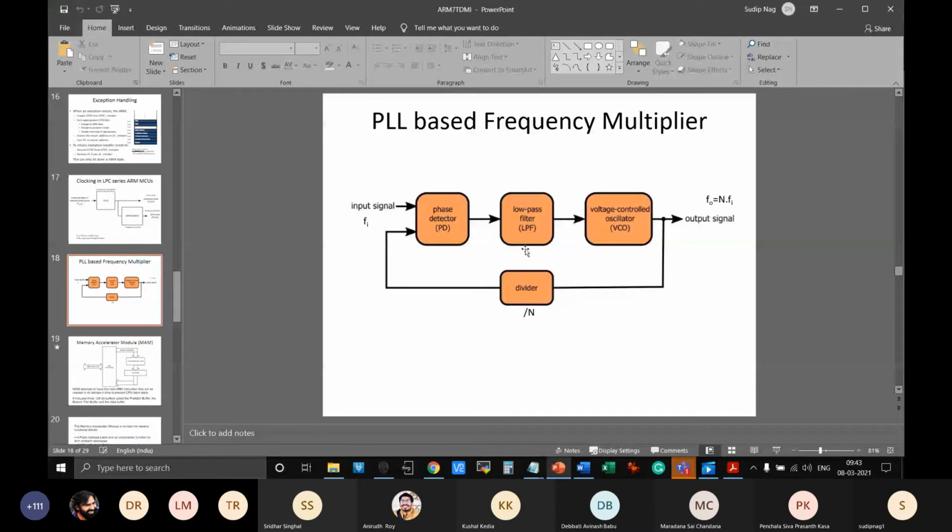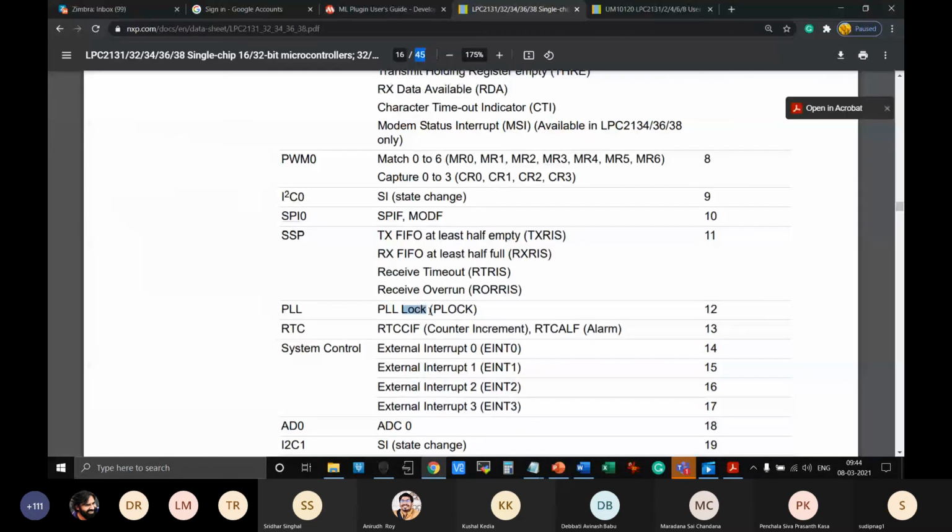This PLL lock-in time is kept into consideration. It is measured by some analog circuit inside, which converts it and generates a digital interrupt. So if you change the PLL divider, that divide by n coefficient, it takes certain time to stabilize, and that stabilization time is called the lock-in period for the PLL. That PLL lock-in interrupt is there because before the PLL stabilizes, you should not target any critical operation. So for reliability purposes, it is there. In 8051, these were not at all considered, right? Because here we want high performance, high speed, and at the same time highly reliable performance.